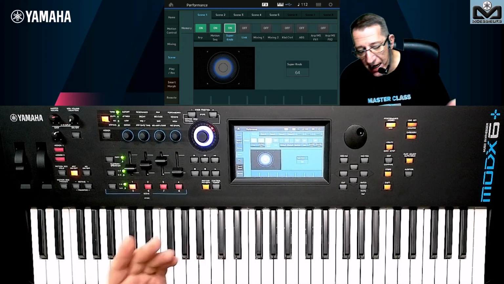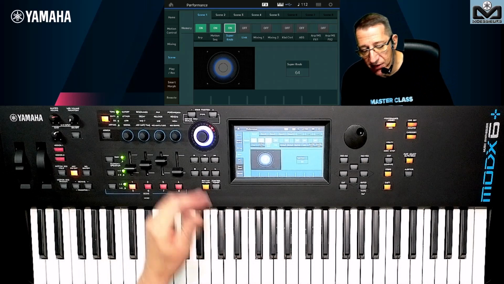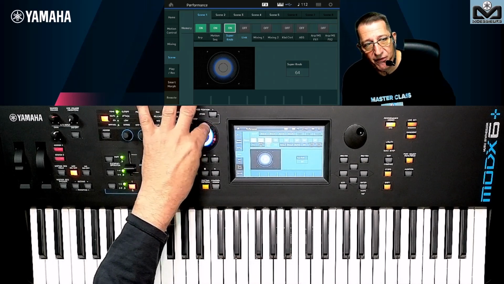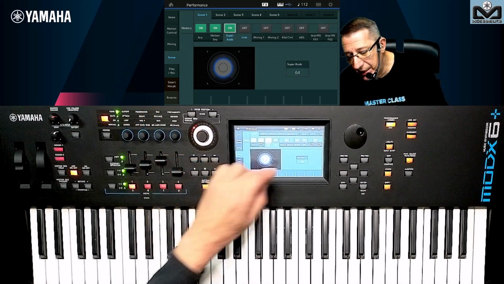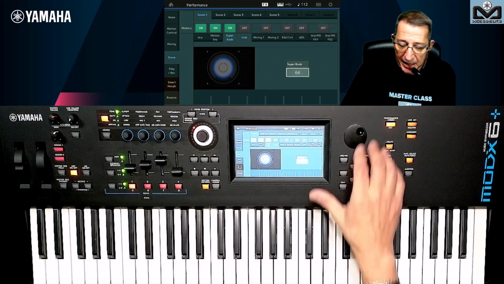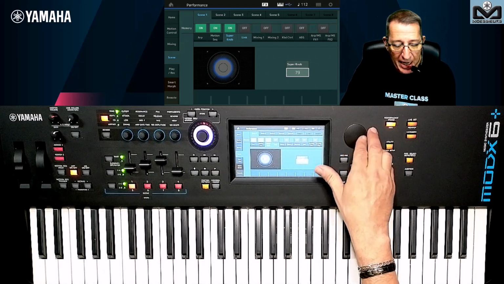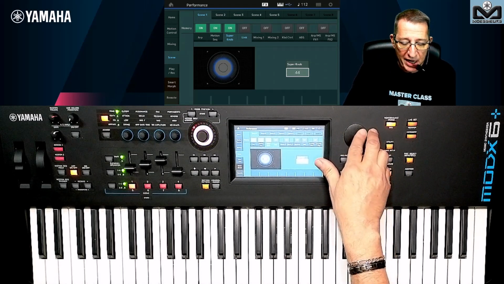So my advice is to use the scene memory in this case, but you cannot set the value directly like this. So go on the screen and do this. Like this, you will have the right setting from one scene to the other.